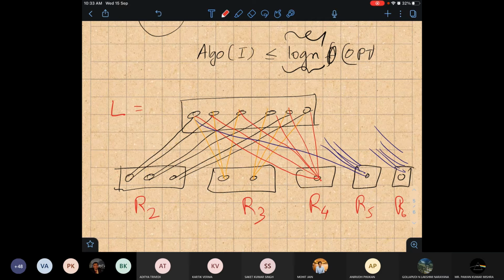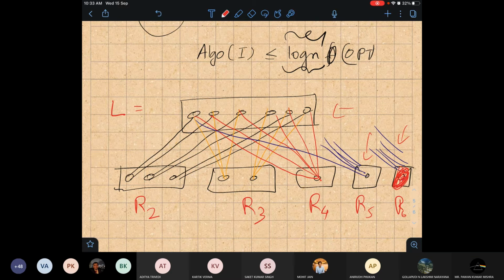But the algorithm you suggested will start with a node which has maximum degree. One can see that the maximum degree is 6. Then I can pick from here also and from this side also. But the worst scenario will be that I pick something from here.